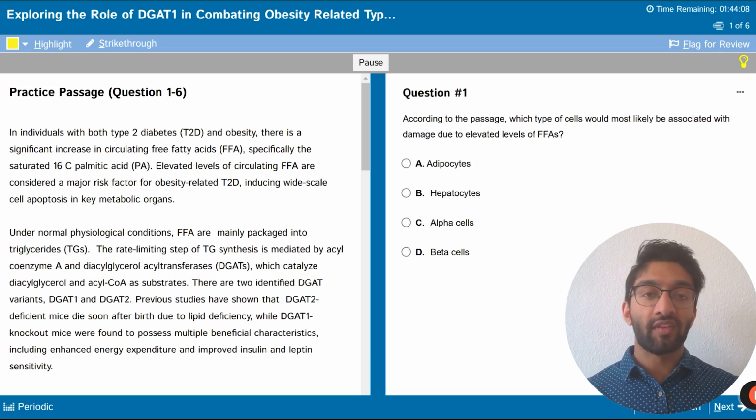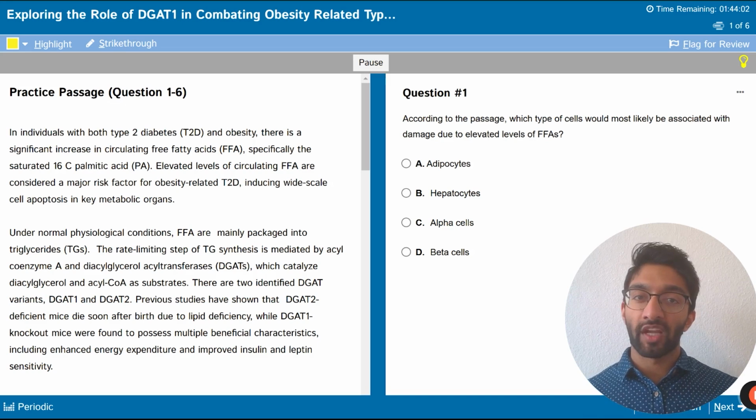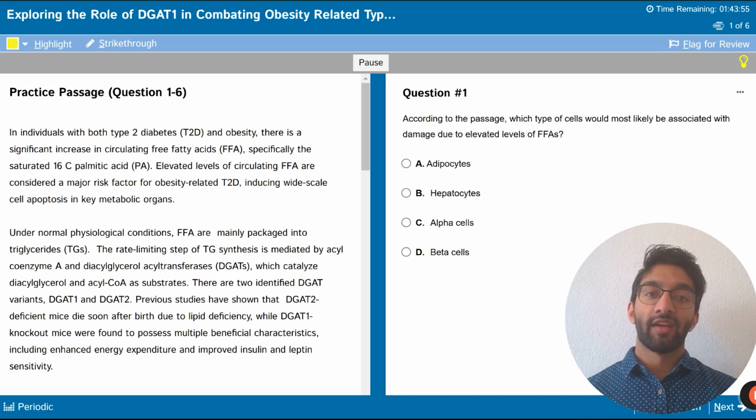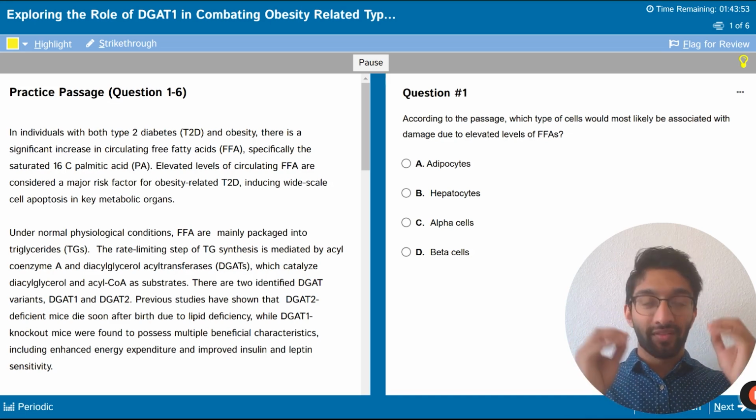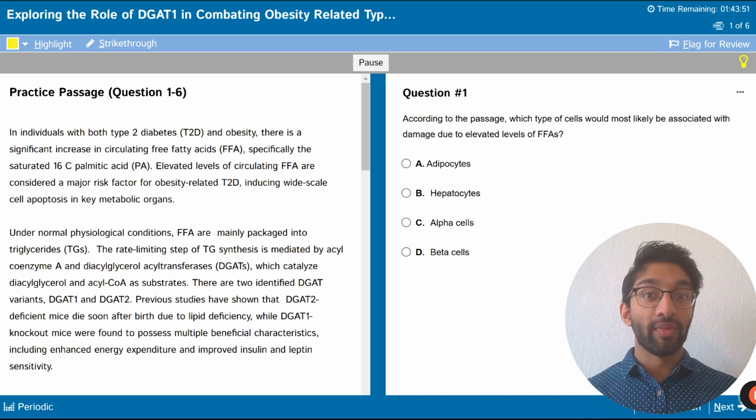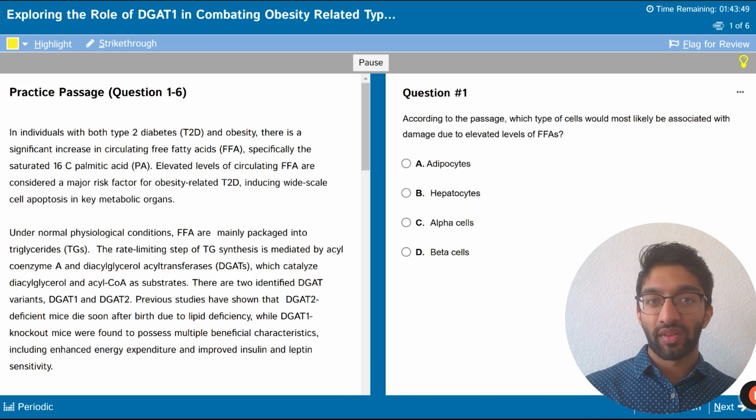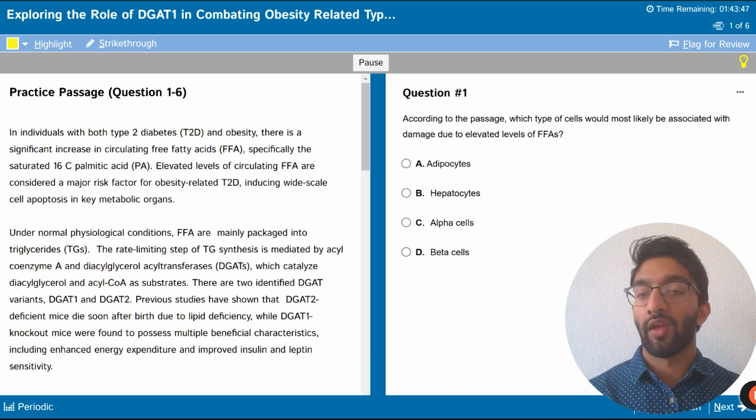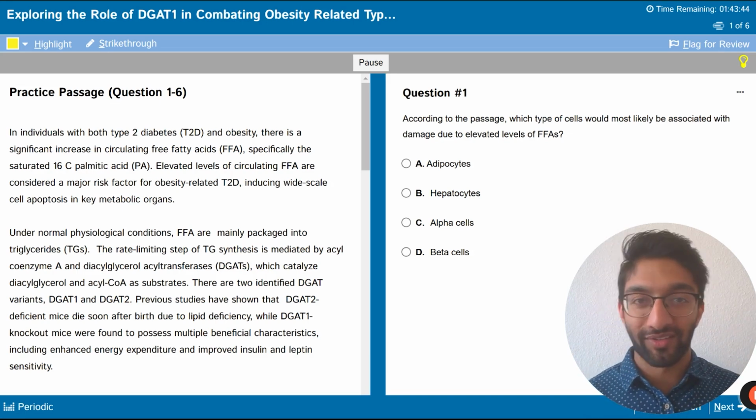So for this reason, it's sometimes helpful to make note of the diseases or the specific organs or tissues that they might be talking about, just so you can narrow your content areas, because otherwise, if you try to think of everything that could possibly be on the test and try to answer the question with that, it's not going to go so well. Okay, so not blabbering, let's get on with it.